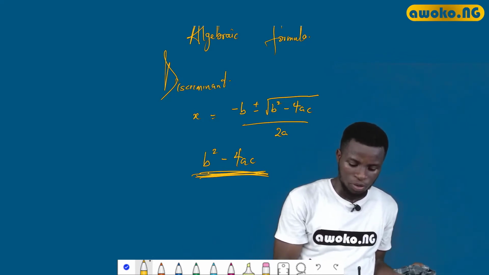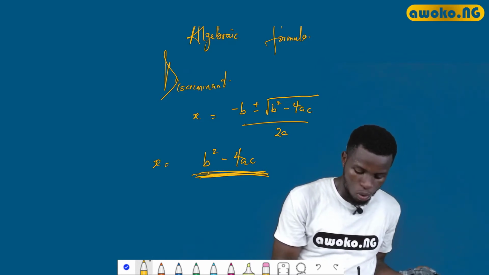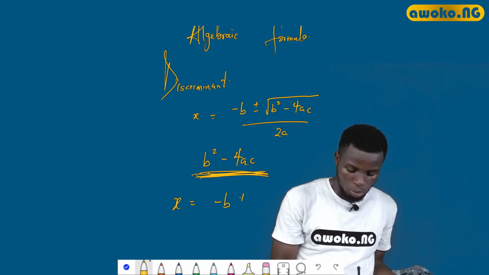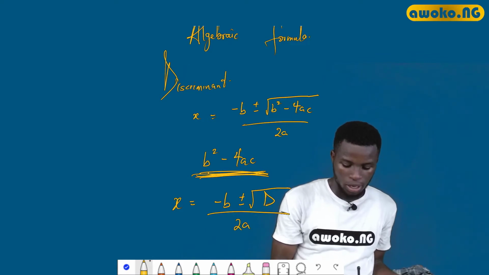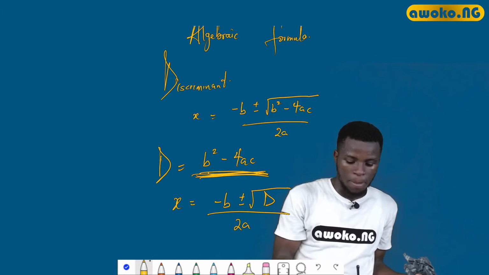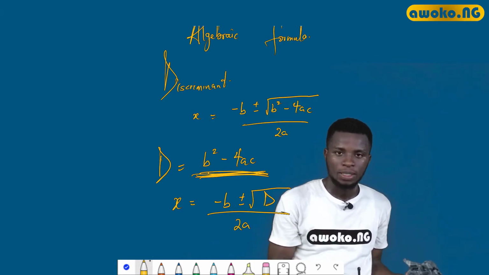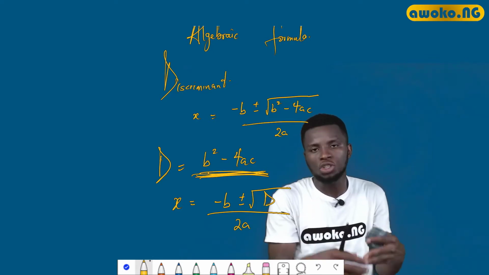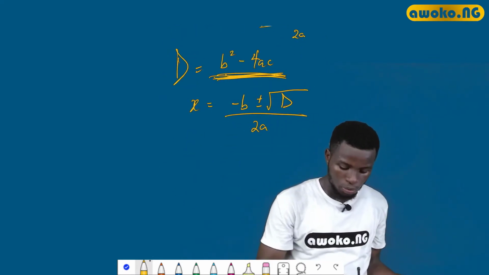So we can rephrase this algebraic formula to be x equals minus b plus or minus the square root of d all over 2a, since we said the discriminant d is equal to b squared minus 4ac. Now, what do we mean by telling us how the nature looks like? Take note that